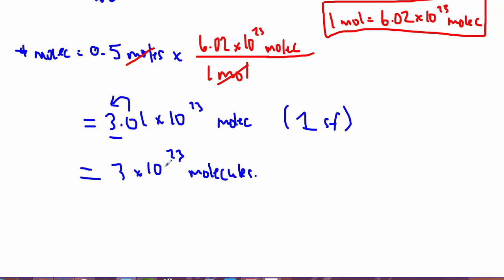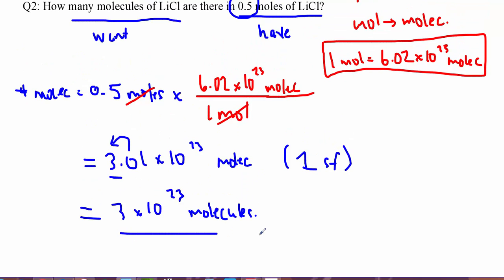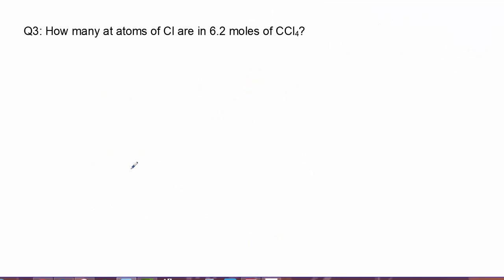Let's try a couple of questions that are getting a little bit trickier then. Okay, here's a question. How many atoms of chlorine are in 6.2 moles of carbon tetrachloride? Okay, CCl4. So this is one of the questions that I was referring to, where we have to be a little bit careful here, because it's not asking us how many molecules there are in 6.2 moles of CCl4. It's actually specifically asking us about how many atoms of chlorine there are in this compound. So that's fine. Okay, we can start by realizing that this is what we want,